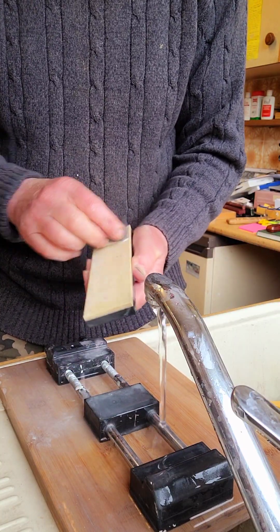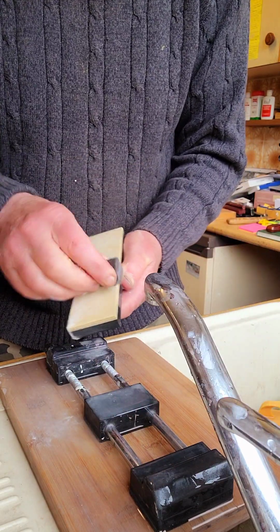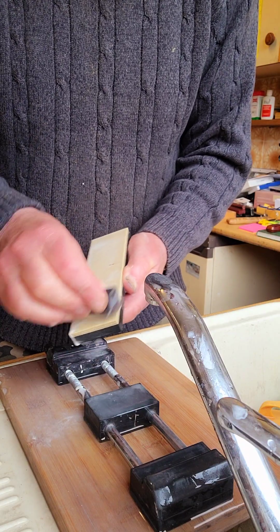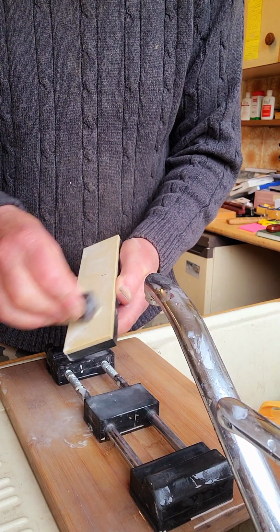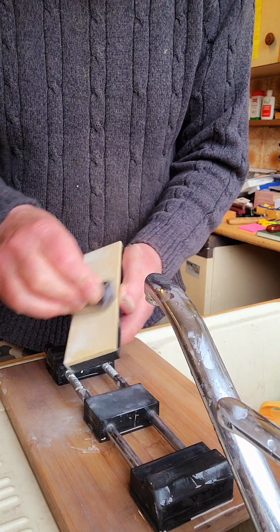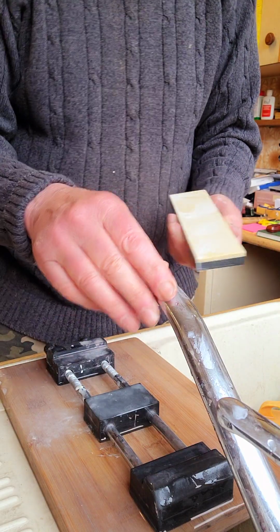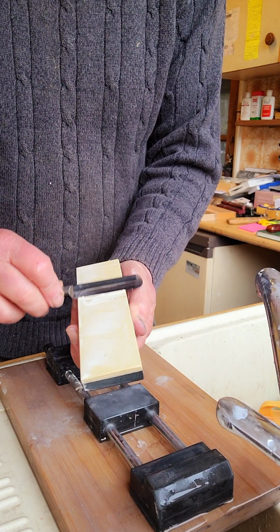Bring up a little bit of slurry. We'll use a medium slurry, not a heavy slurry. You can actually bevel set on a coticle. I have. You can bevel set just on a coticle. But as we've gone to 8K, no need. So let's just